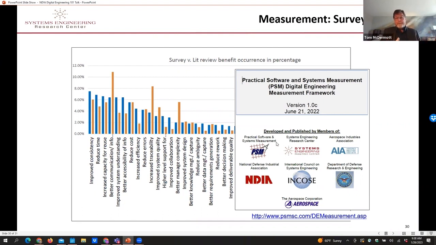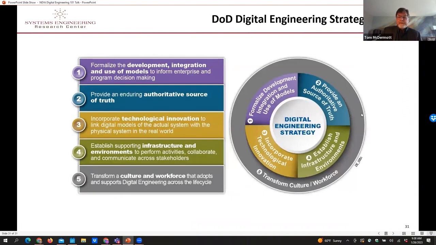So how long is it going to be before we get back to that first slide? I look back at the evolution of computer-aided design into these complex systems. It took 30, 35 years to get as mature as we are today. It's going to be a continuing process that's going to span a number of different years. In the DoD, the strategy was released in 2017, so if we're 5 years into this strategy, we've got a long way to go, but the momentum's building. We're starting to see more and more programs and organizations adopt this, and hopefully we'll accelerate into the future. So I'll stop there and leave the rest of the time for questions.